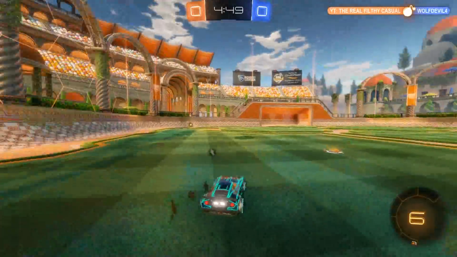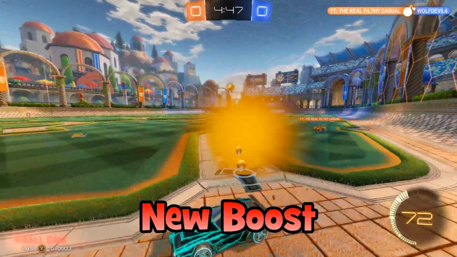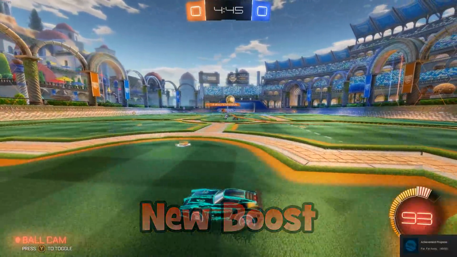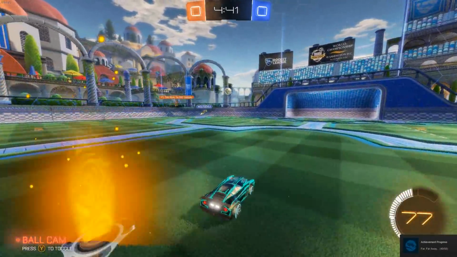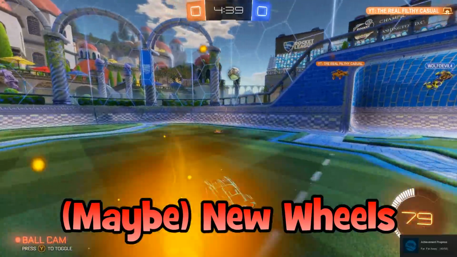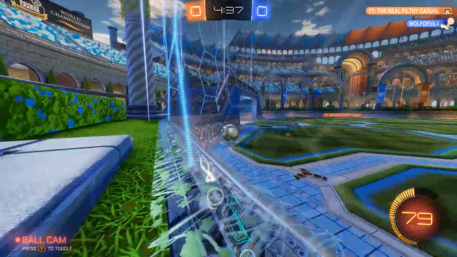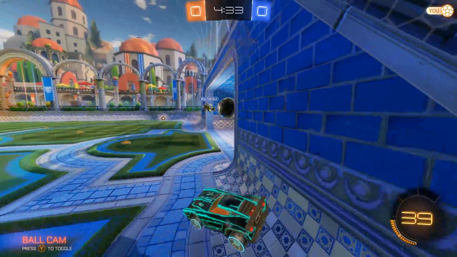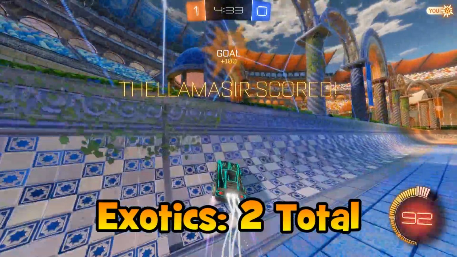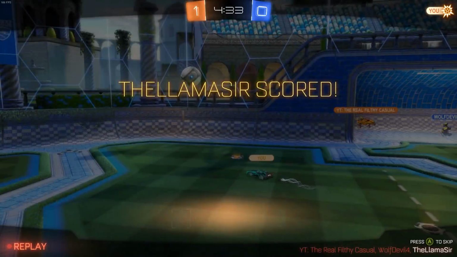Now as for the other 2 imports, most likely going to get a boost. We pretty much always have a boost. I don't think we've ever had a crate without a boost in it, so I think that's very likely, and then also probably maybe some wheels as well. One of those 2 is kind of a toss-up at this moment, but there's no doubt going to be some interesting imports. Now speaking of interesting, the exotics, this is where stuff starts to get into conspiracy theory time,